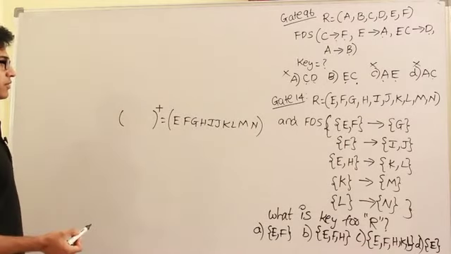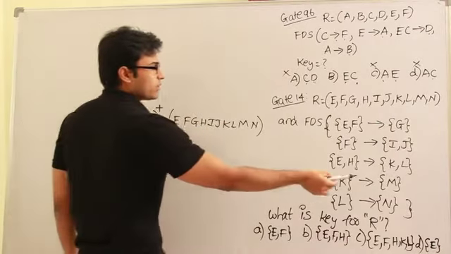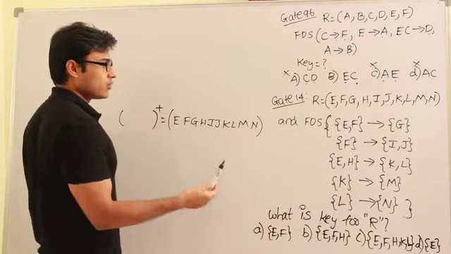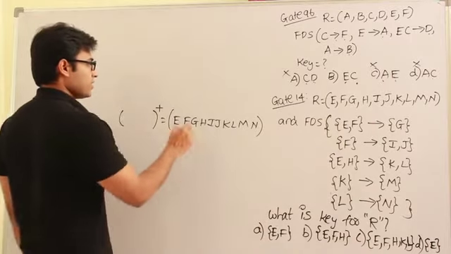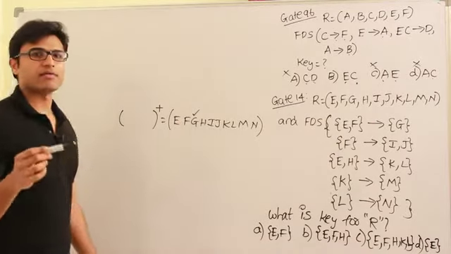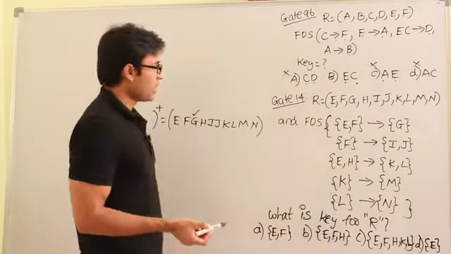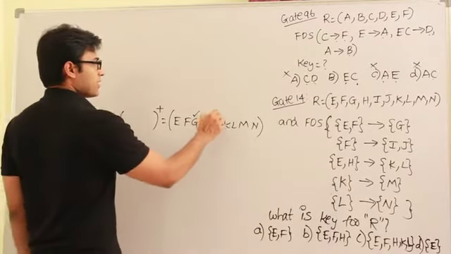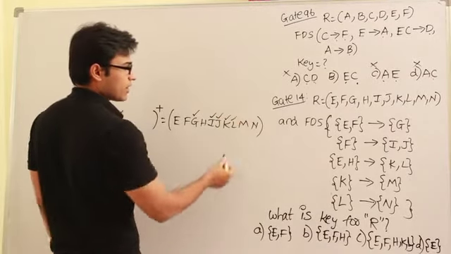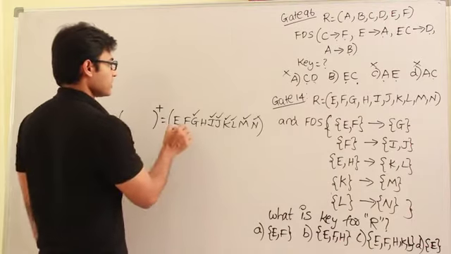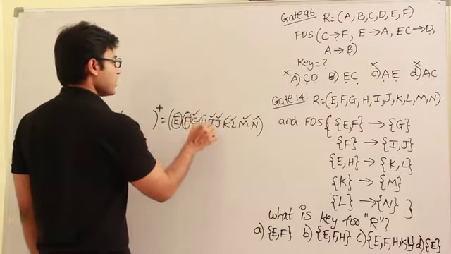So one way to get all these attributes is from the left side I can get some of them, and I can derive the remaining by using the right hand side. So what are the things that I could derive from the right hand side, provided that I have already all this left hand side? One is G I can derive. I am not saying that for every possibility I'll derive it, provided that I have the attributes which are on the left side completely, I can derive them, right? Okay, G I can derive, and I and J I can derive, right? And K and L I can derive, and M I can derive, N I can derive. So what are the remaining? E, F and H. So these three attributes I may not be able to derive them, right?